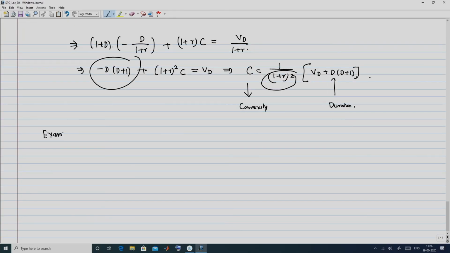So, what we are going to do next is look at a couple of examples on how one can make use of this notion of duration in case of immunization. We will show first a generalized example and then a specific example to illustrate this notion of bond portfolio optimization, making use of the concept of immunization, which essentially relies on the matching of durations. So, accordingly, we first start with this generic example,